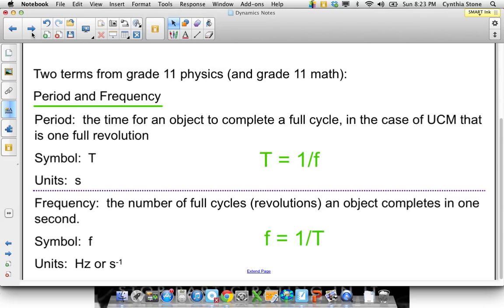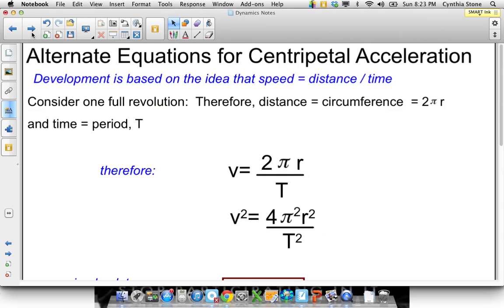Yeah, not on this page. So again, pause if you need to. So looking at my alternate equations, I use the idea that speed is distance over time. So the one formula I know is that,